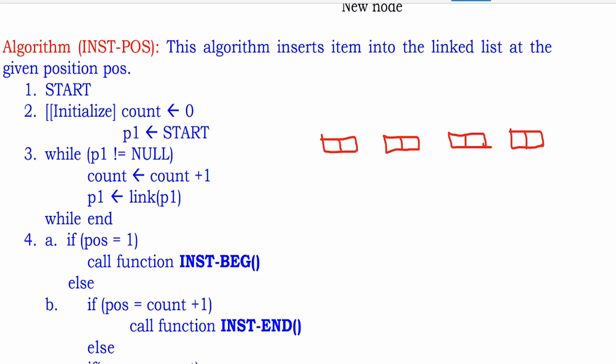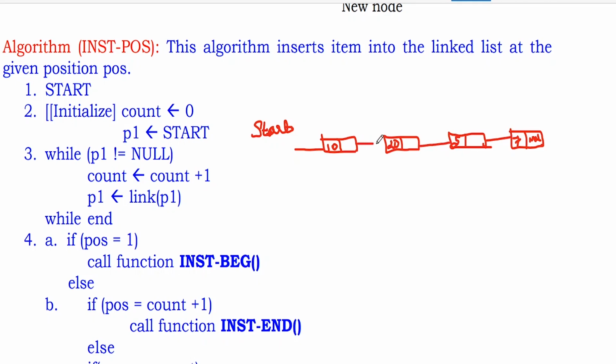So start contains the address of the first node. As usual, we have a start. The data may be some numbers, need not be 10, 20, 5 also, why not, and 7, and remember the last link is null. This is compulsory. So this is a linked list, and this is how the nodes are connected.